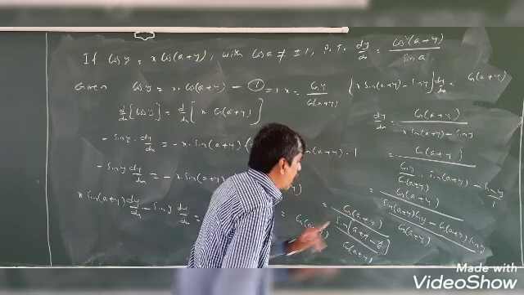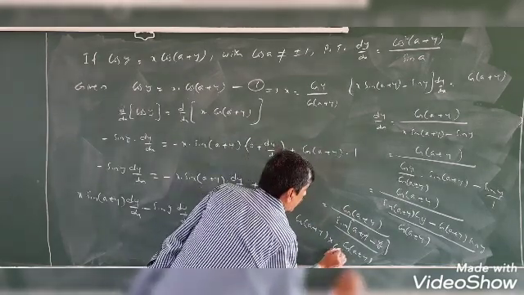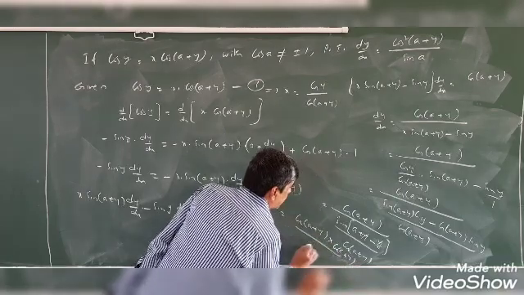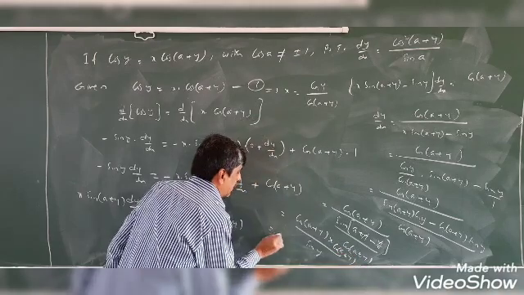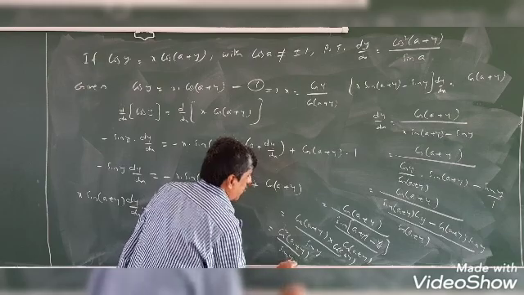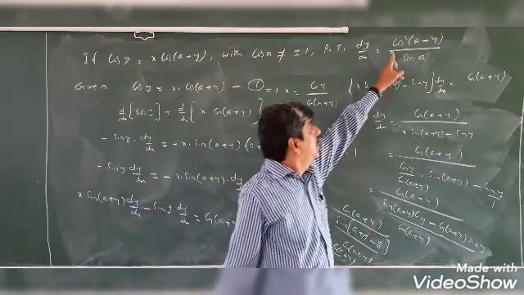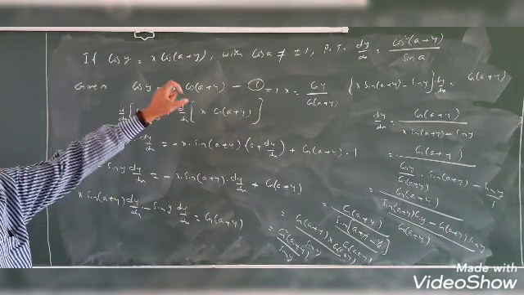So this by converting into the reciprocal, this is cos of (a plus y) by sin y. So cos of (a plus y) into cos of (a plus y) is nothing but cos square (a plus y) by sin y. So this is the given dy by dx. Hence proved.